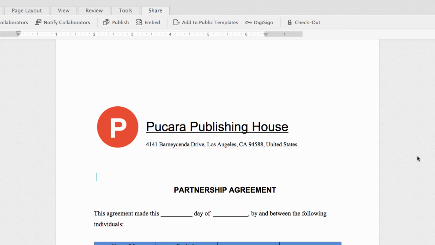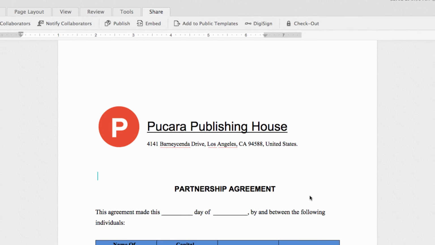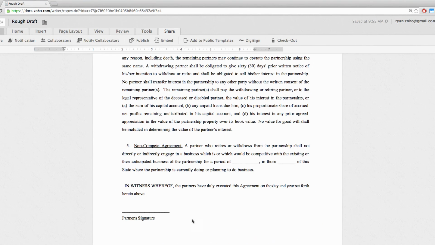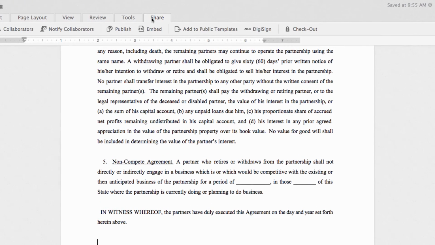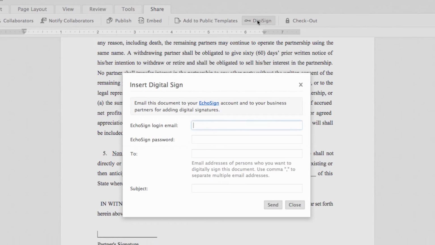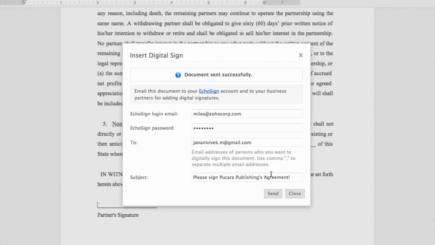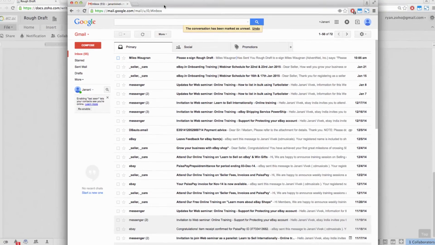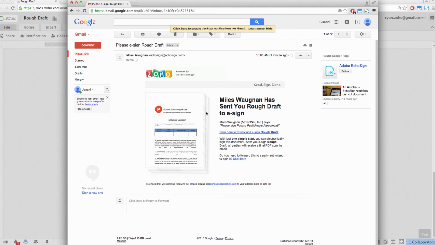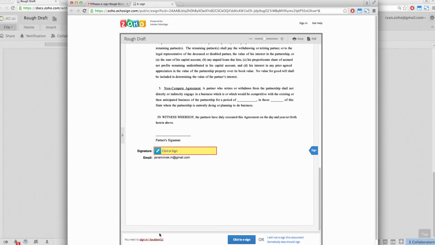To send your document for digital signing, first ready the document and specify where you want the customer or the client to sign. Go to the Share tab at the top and click DigiSign. First, enter your EchoSign username and password, enter your customer's email address, write a subject line, and click Send. And that's all. Now your document has been sent to your customer, and using Adobe's digital signing function, your customer will be able to sign the document digitally